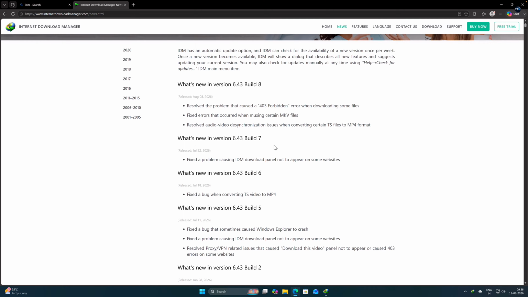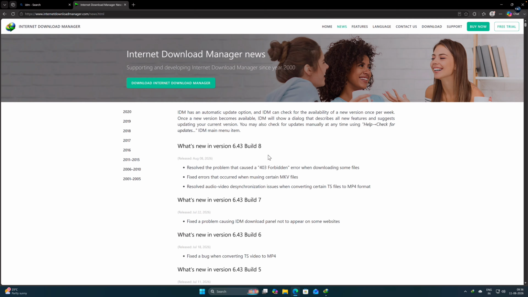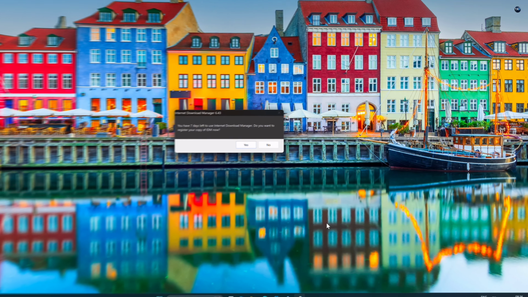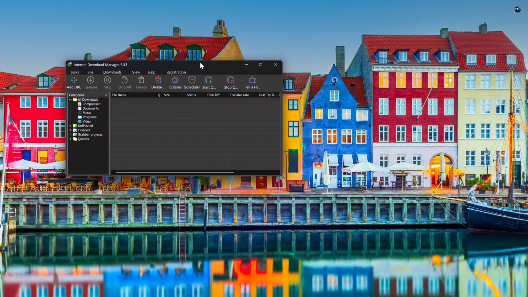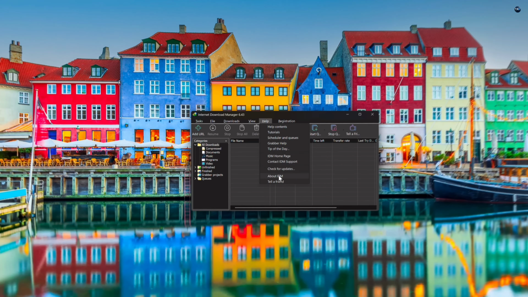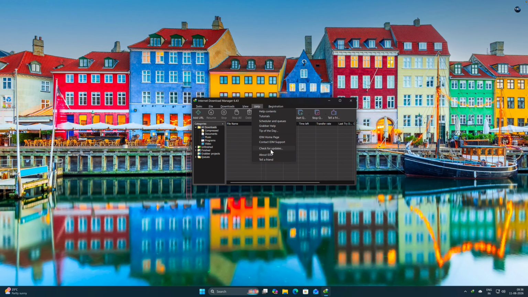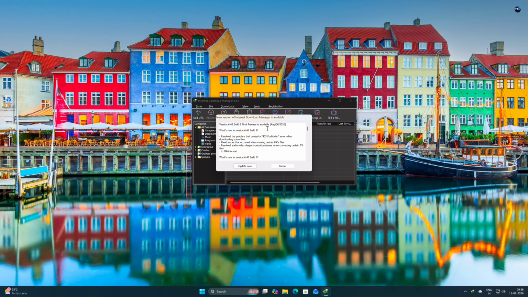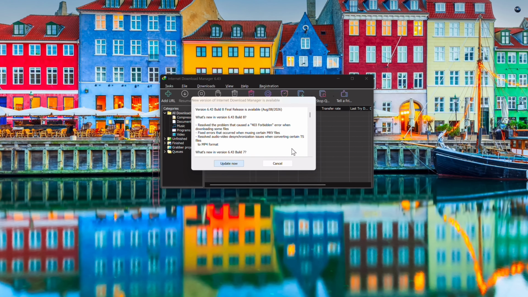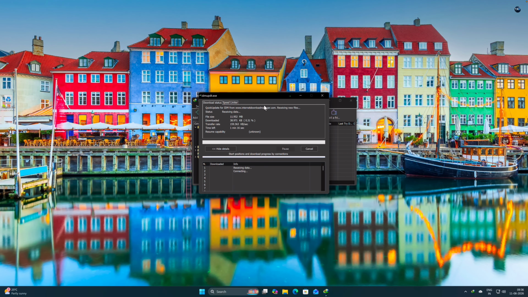So should you update to this build 8? If you are already using IDM, I would recommend updating it to the latest build. To do that, the process is very simple. You launch your Internet Download Manager, then go to Help, and here you will see this Check for updates. Click here, and it will check if any new version is available, and then simply you have to click on Update now. It will start downloading the new update file, and it's around